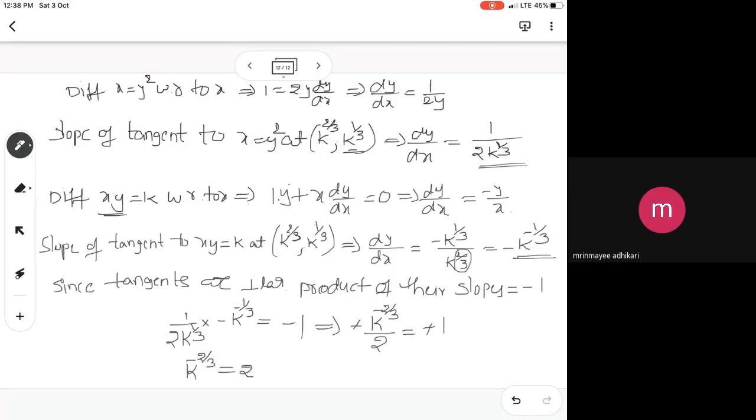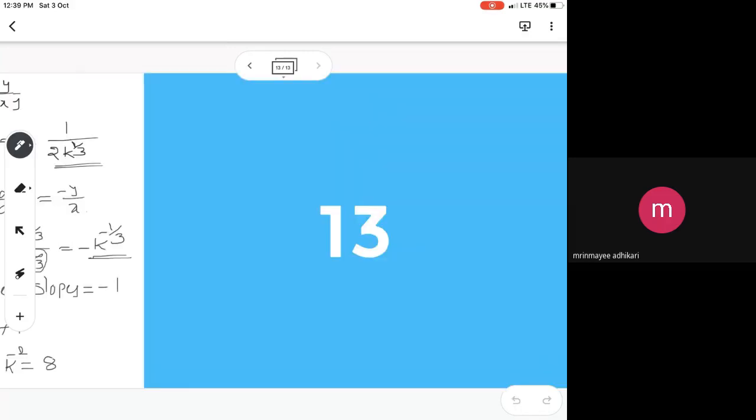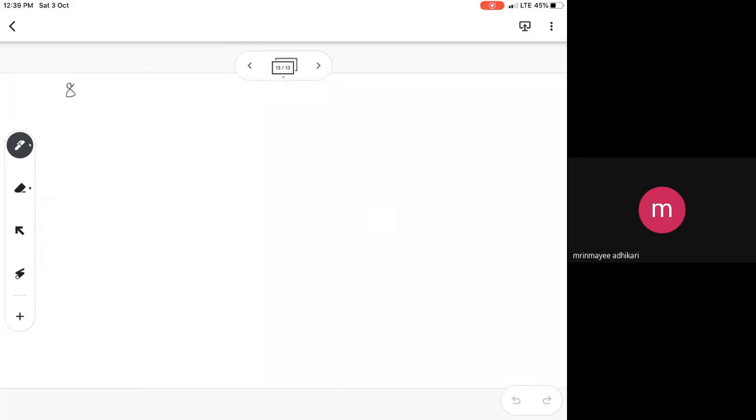So cubing on both sides you do. You want to find out the value of k. So cubing on both sides, k power minus 2 by 3 whole cube is equal to 2 cube. You are going to get k to the power of minus 2 is equal to 8. So if k square is taken to that side, you are going to get 8k square is equal to 1. That implies k square is equal to